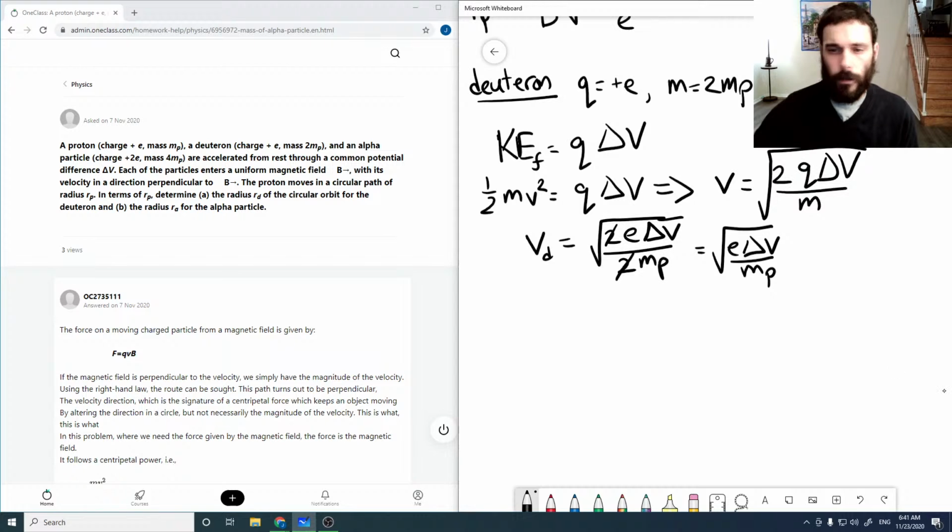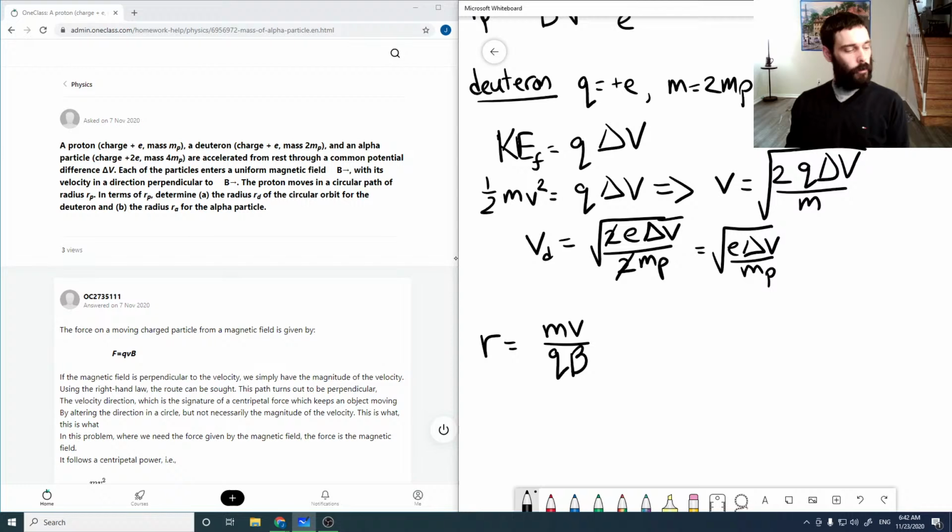So there's the velocity for our deuteron. And then again from our circular orbit, we have that R equals mv over qB. So that'll be the radius of all of our orbits. And so plugging in the values, we have 2mp vd over eB. And then plugging in this value for the velocity,